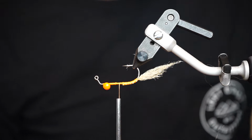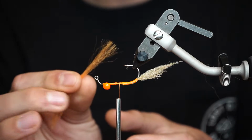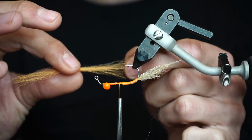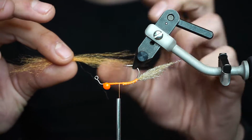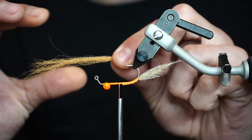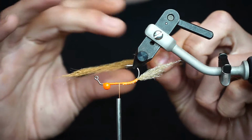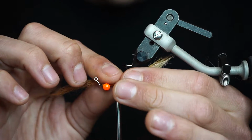Alright, so for this one, just to introduce a little bit of taper so we don't have to do as much work for cutting, I'm going to go ahead and just kind of peel those fibers out, just starting to introduce a little bit of a taper. And then once I have that, I'm going to go ahead and grab that, pinch, and pull that through so that I have an equal taper on the other side. Find that halfway point,